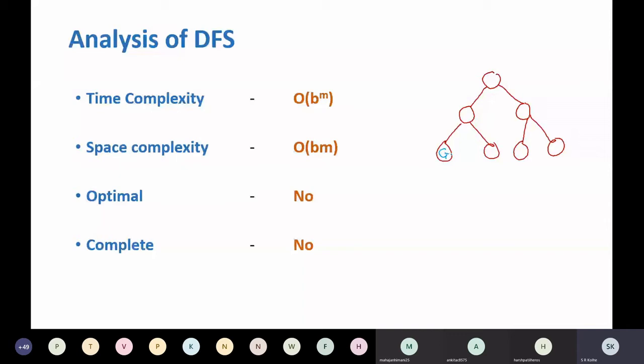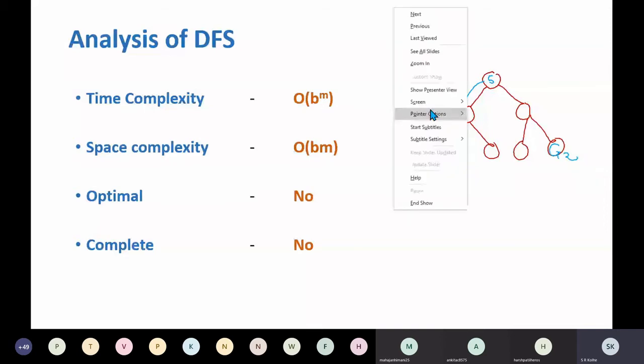This is one of the goals, G1. DFS will find the solution quickly. It will move from S to this node and then immediately come to G1. So in the best case, you get the solution immediately. But suppose another solution G2 is present somewhere here. How will the algorithm return this solution?